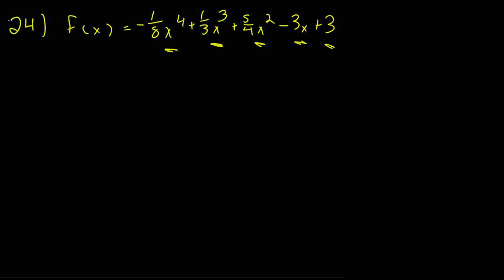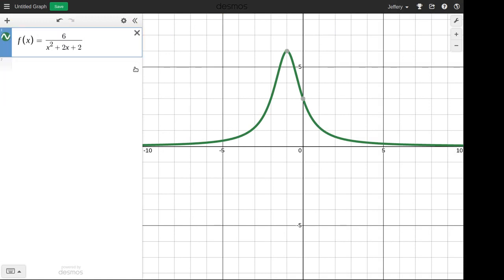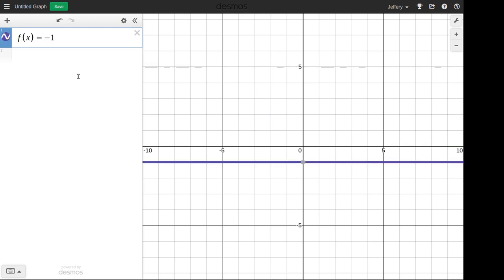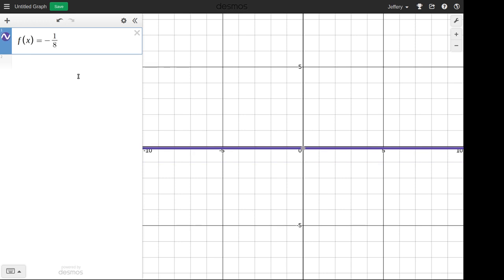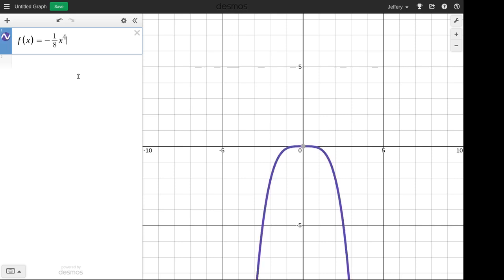Let's switch over to our graphs. There were our previous graphs. Let me clear these out. So you can clear them out by hitting the x over here. And so I'm going to hit f of x equals, now I'm going to type in negative 1. I'm going to use the slash by the question mark to get divided by 8. Shift 6 puts me into the power to the 4th